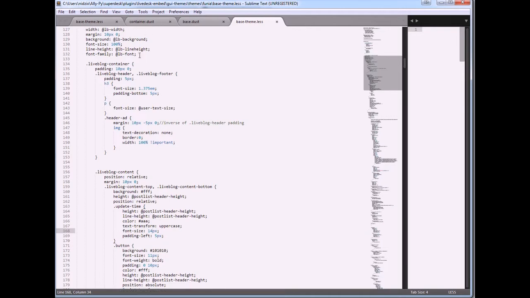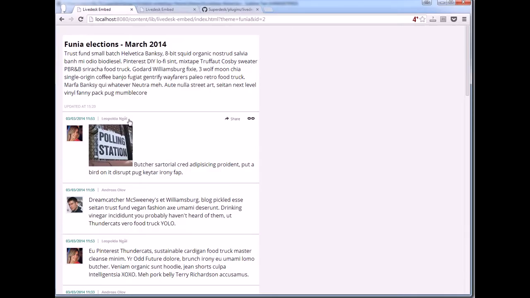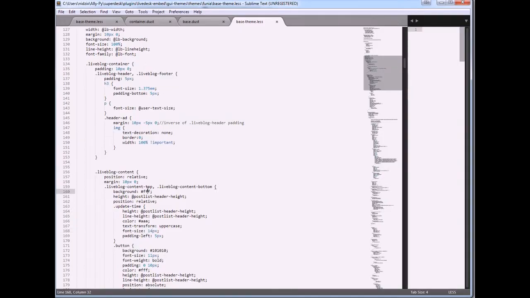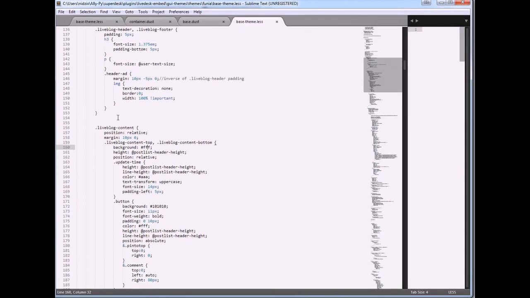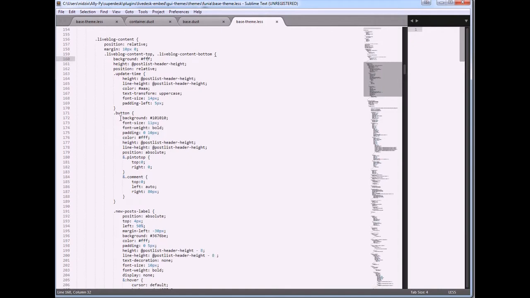I also don't like these thick lines between posts. I will make them a little bit thinner. We are still in the live blog content block, you see.